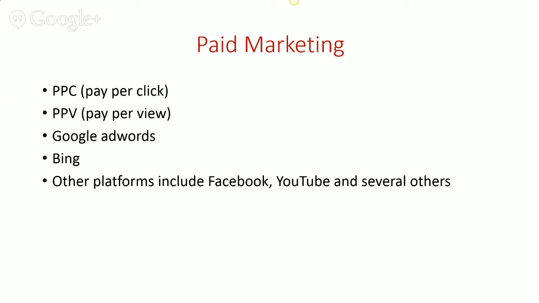So what you're doing is you're paying those platforms to show your content right at the top. So when you look at Google page 1, those yellow ones at the top are people who have paid to get their post up there. The same with the other platforms as well. And pay-per-view is people who have adware on their computer, and what you do is you pay for those sort of banners to pop up, and it can be very powerful. You might think that they're really annoying.